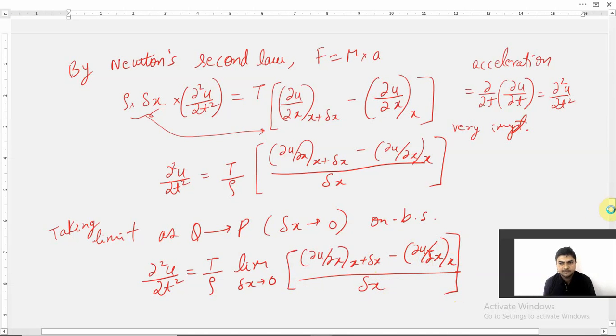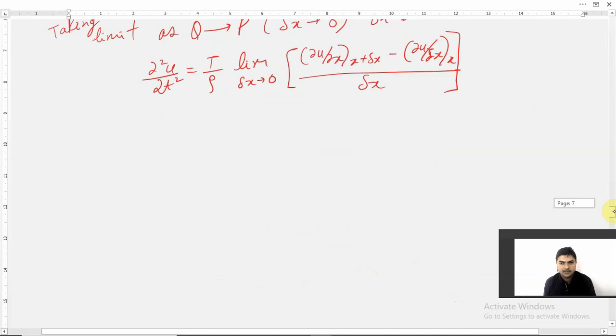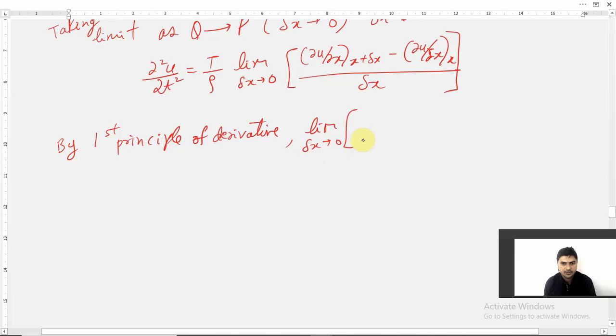Yes, please remember, very important, by using the first principle of derivative. Yes, friends, by using first principle of derivative, limit as delta x tending to 0, (∂u/∂x at x plus delta x minus ∂u/∂x at x) divided by delta x. This will give you